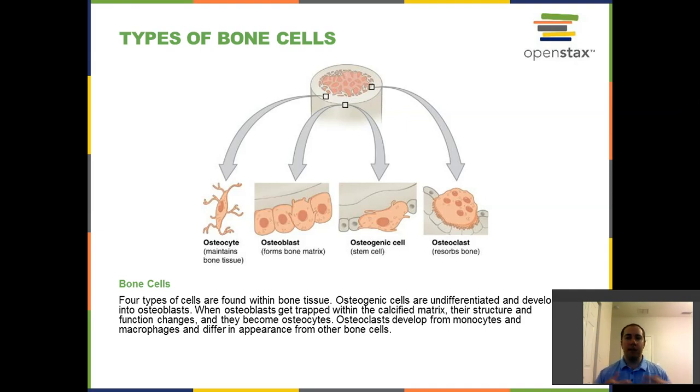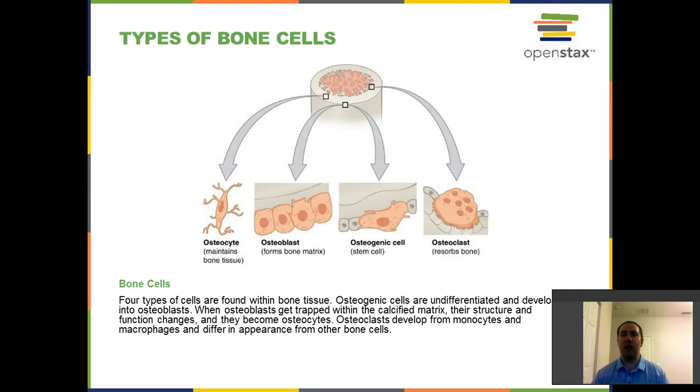Think about it like resurfacing or replacing a road. The road is cement. It is hard. But over long periods of time, it starts to get cracked and weak. And so we have to take it back up and put down new road. So the type of cell that is going to make bone is called an osteoblast. The type of cell that is going to dissolve, or what we call resorb, or think about it as reabsorb